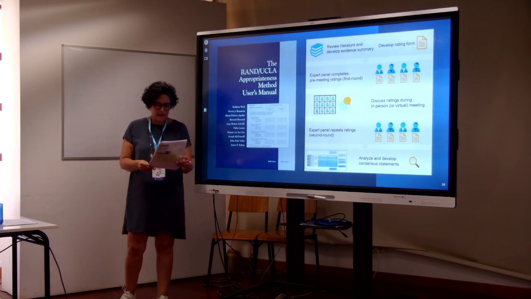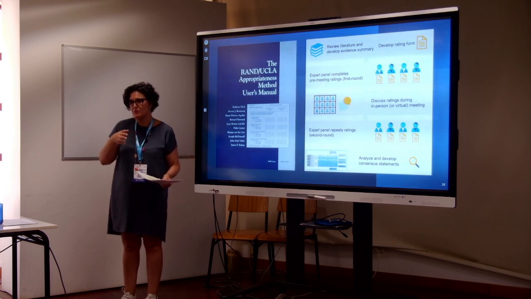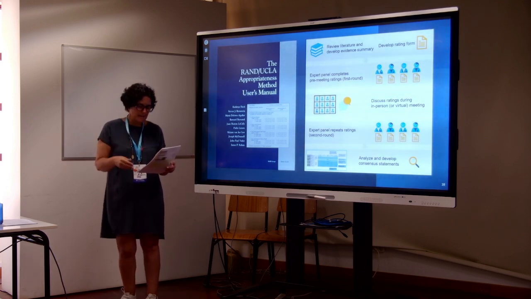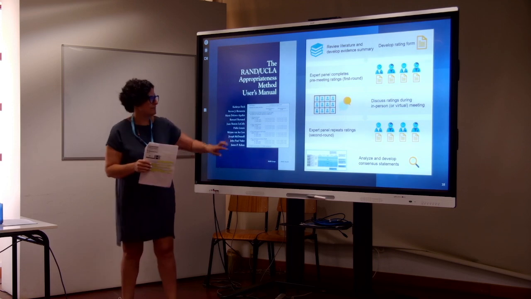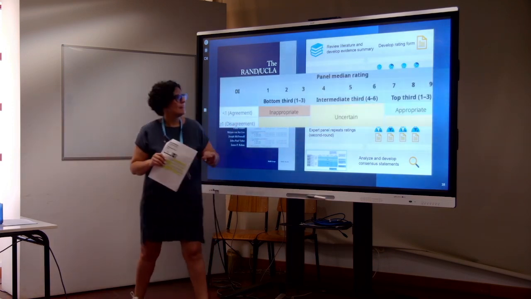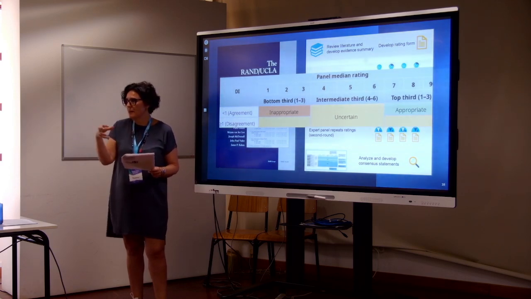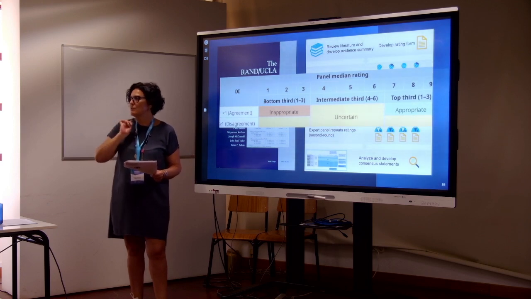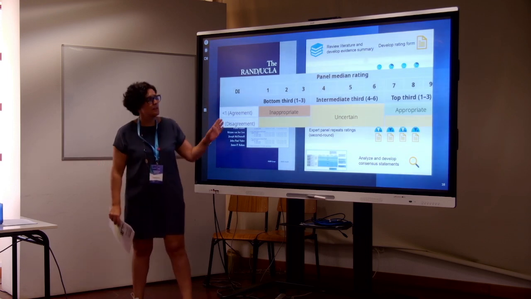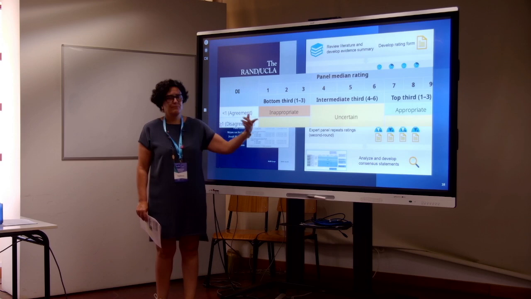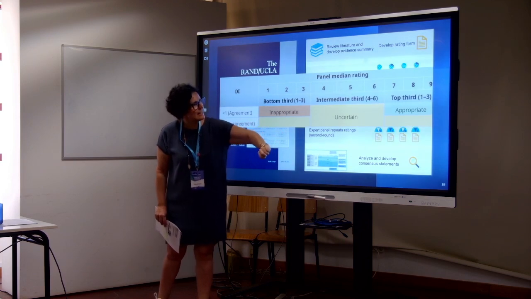Okay? So, they first develop a questionnaire. That questionnaire is sent to the participants, to a panel of experts, and then participants can receive this information and rate the level of adjustment and applicability of each item to the matters in discussion. So first they rate with a scale. This was the proposed one. Between 1 and 3, not appropriate. Between 4 and 6, uncertain, and between 7 and 9, appropriate.